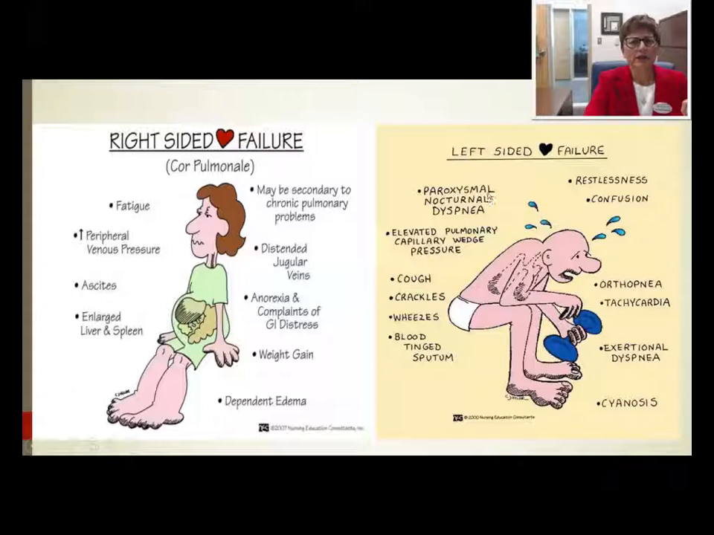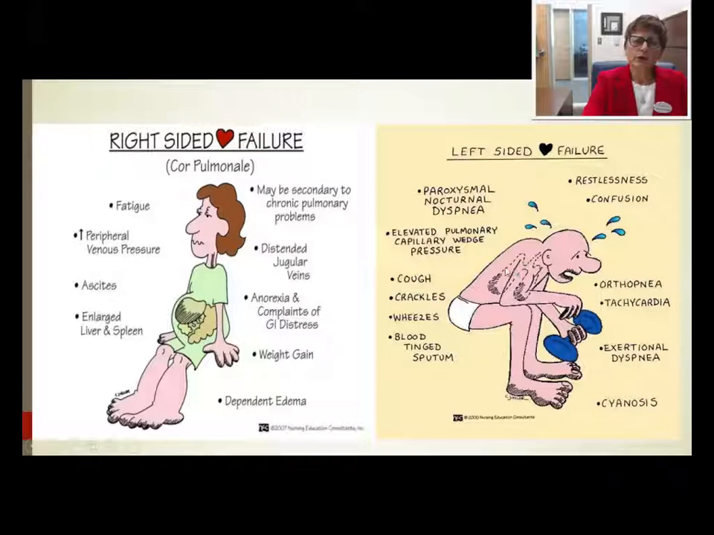Fatigue is in both. Heart failure, definitely, they're exhausted. Edema can also be seen in their jugular veins, and they can gain weight. Left-sided heart failure is where the edema is more in the lungs. So they can get pulmonary edema,